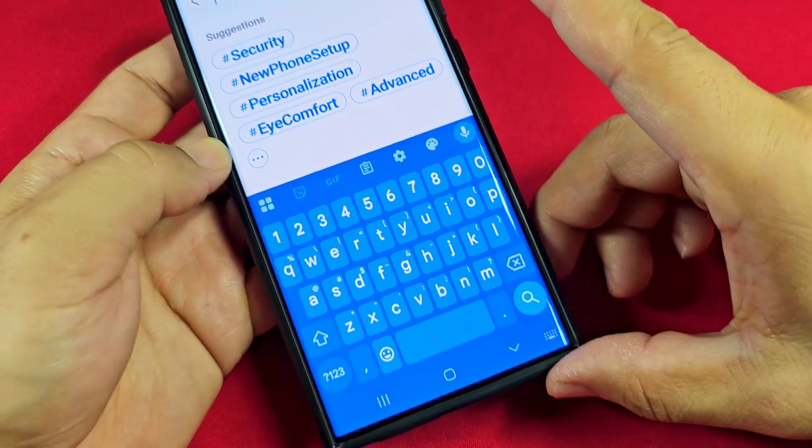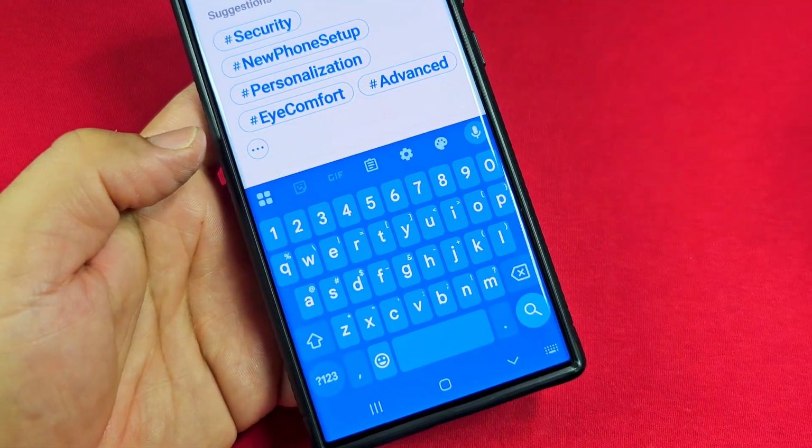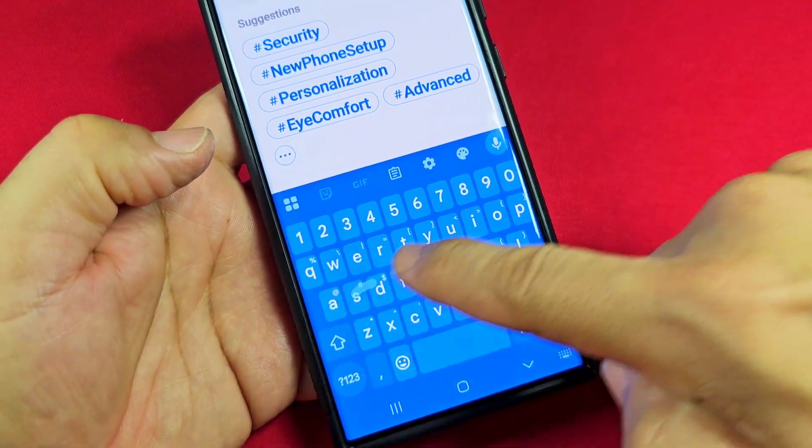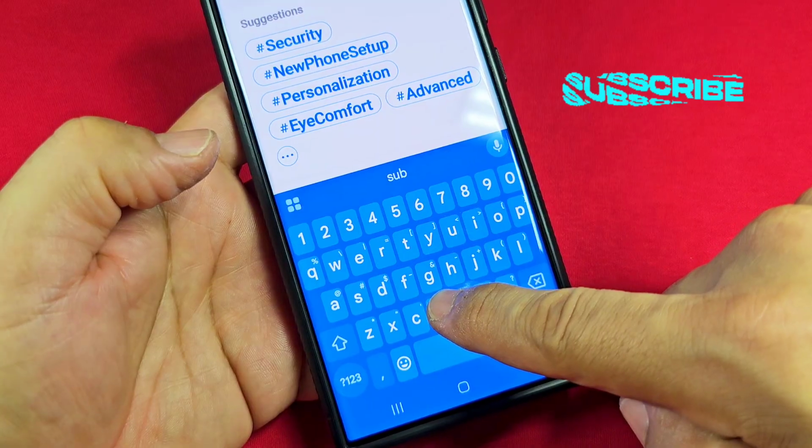Once you're done with all this here, you should be able to have the glide feature now. I'm not a pro at this here, but I'm going to try to say